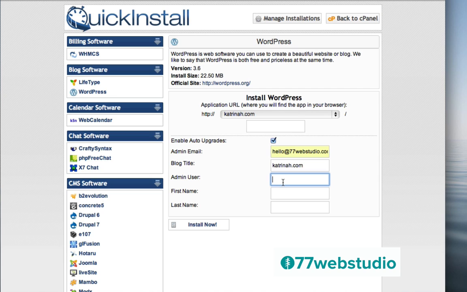These three names, admin, support, and administration, are the first names that hackers will try when they're attempting to break into your WordPress website. So it's important that you use an admin username that is more unique than admin. For this instance, I'm just going to add my name right here. You can also add your first name and last name. I'm going to leave that empty, and instead I'm just going to click on Install to install WordPress.